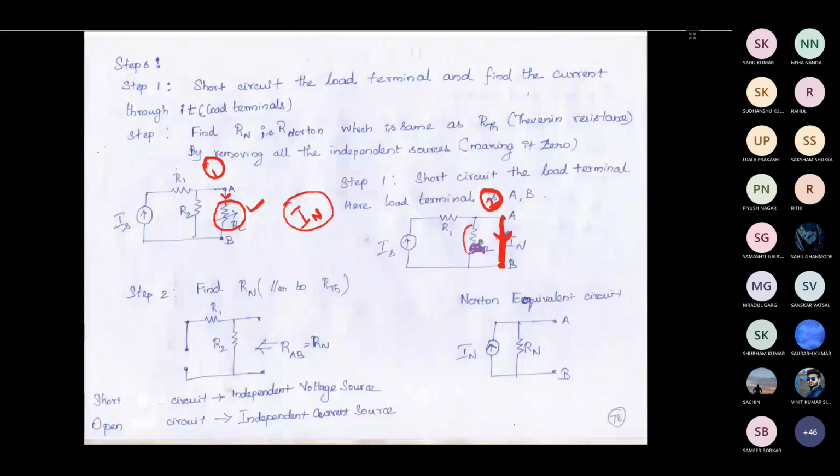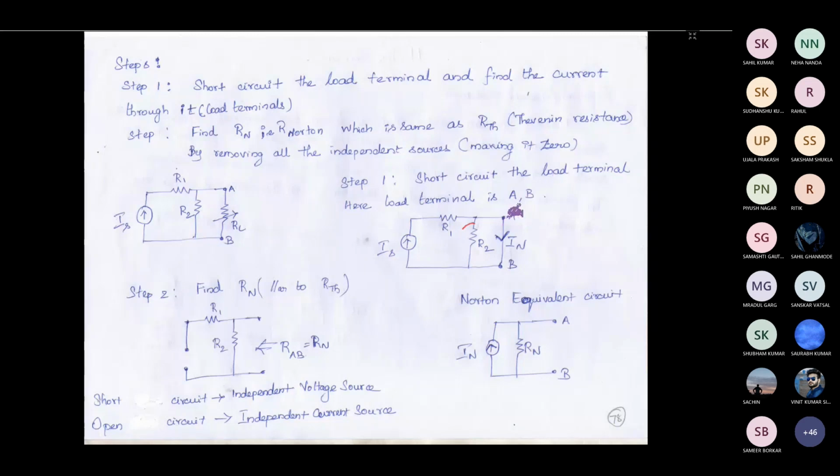Obviously, you can see here that this resistor will not play any role, because this is a short circuited terminal. If it is a short circuited terminal, complete current will be passing through that path only, because this short circuited terminal will not offer any resistance. Suppose you are having n number of elements in parallel, and one element is short circuited, then the entire current will be passing through this short circuited terminal only. That we discussed when we were talking about parallel circuits.